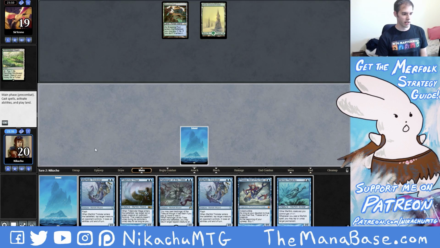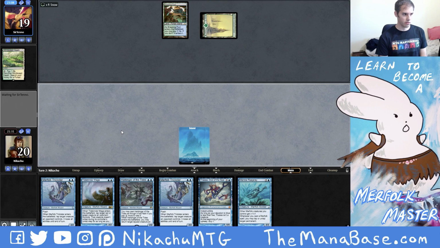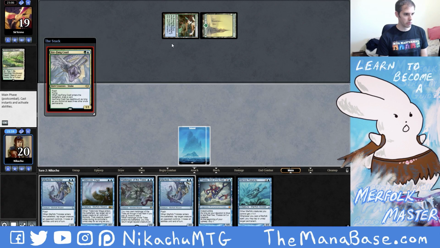Okay, so they're setting up the Ice Fang thing, so we're just going to play a land and pass, and I'll play Merfolk Trickster at end of turn. See? I knew it. There she is. End of battlefield, draws a card. It has Deathtouch as long as you control at least 3 other snow permanents. So this is a snow permanent, this is a snow permanent, so no...